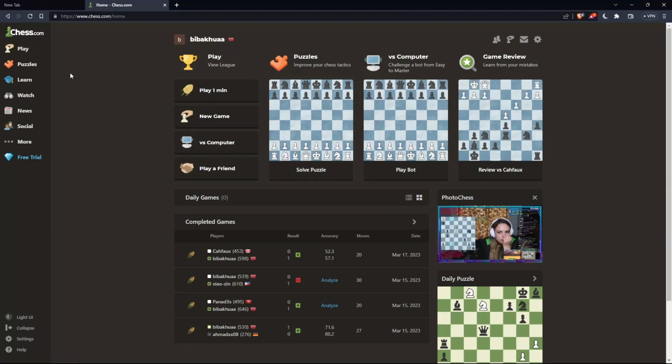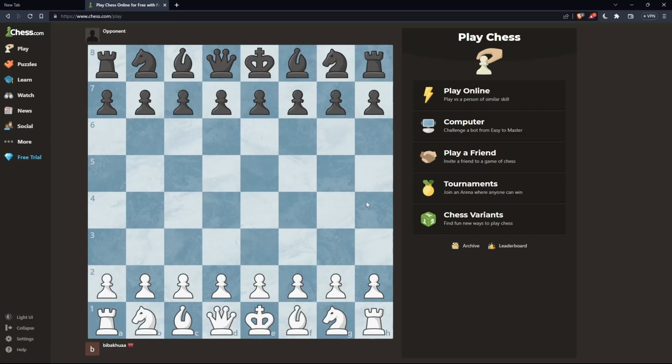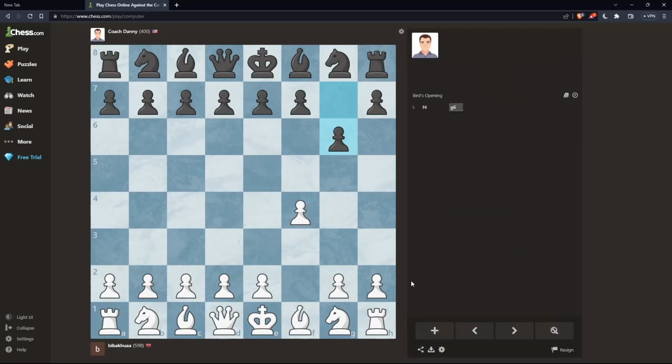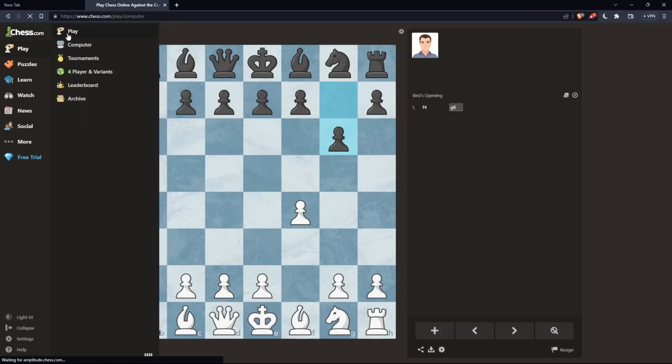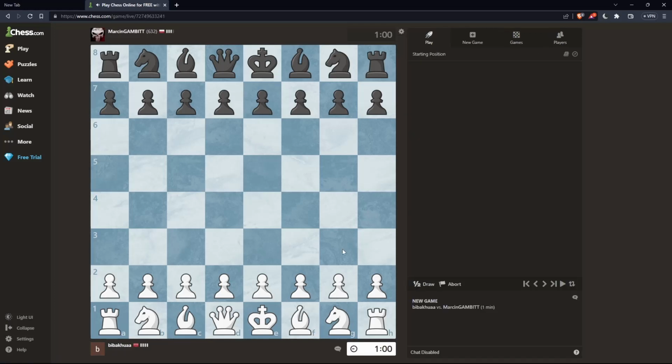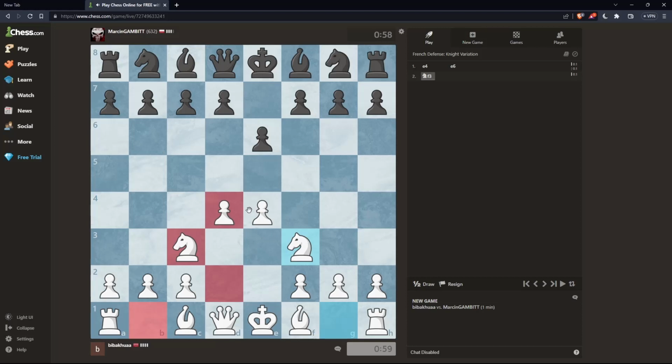And of course, if you want to do that, let's just go and play a game as an example. Play online, or of course, let's just go and play against the computer. And okay, the computer does not have the resign option, so let's just go and play against a human. Once we are here, of course, let's just start a game and let's just start playing normally. Let's just do that. Of course, those are pre-moves. If you want to know how to do them, you can just go and check one of our videos on this channel. And let's say, for example,